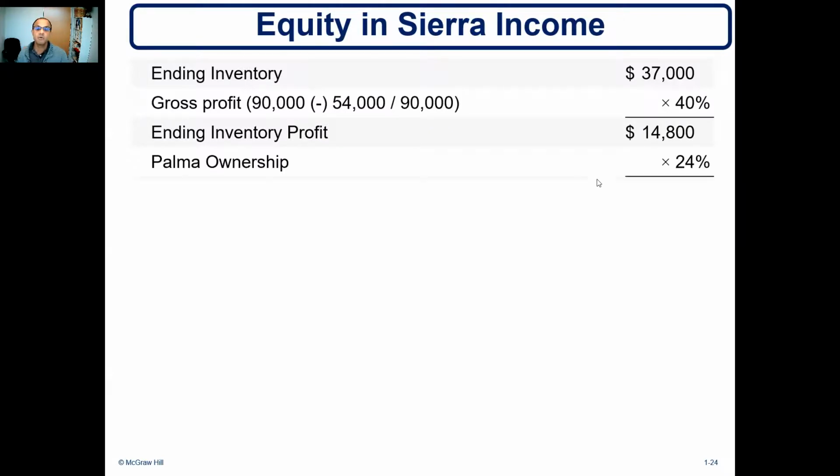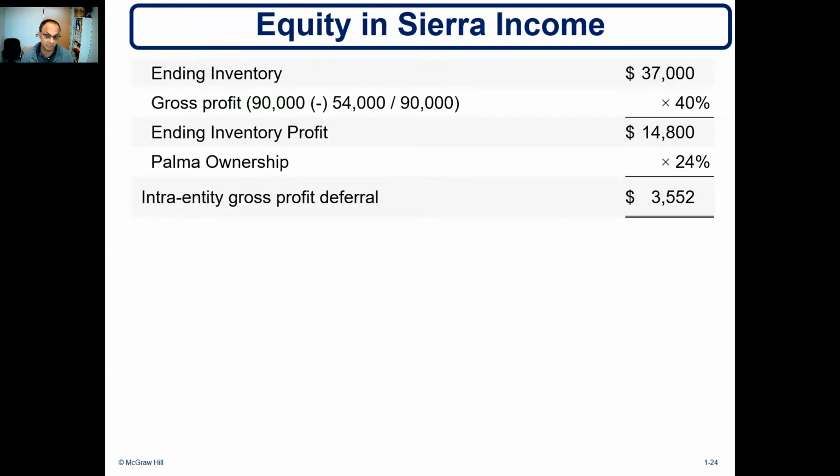14,800. Now we have the ownership 24%. So we should take our ownership from 14,800. We get the gross profit difference. Why do we call it deferred? Because this ending inventory will go to the next year. So we defer the recognition of this income until the next year. And you might see in the assignment as well, talking about the intra-company gross profit difference or intra-company transactions. You need to know which stream it is, downstream or upstream, and you need to know how to make the